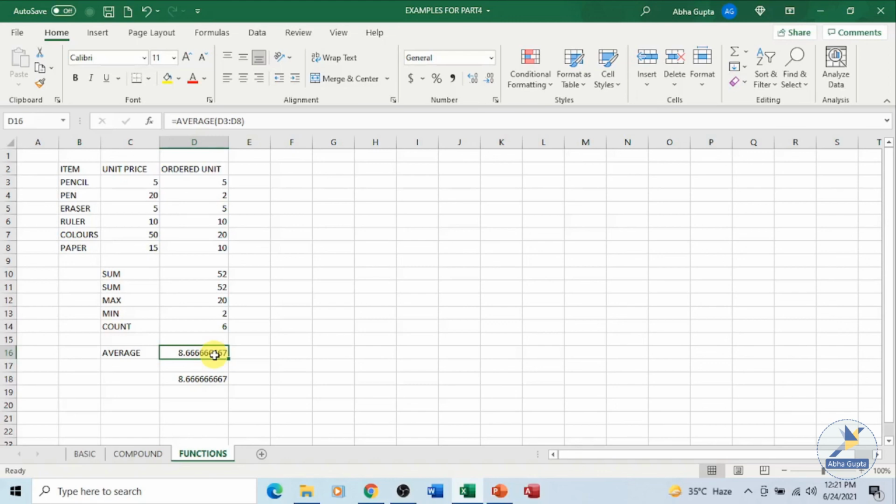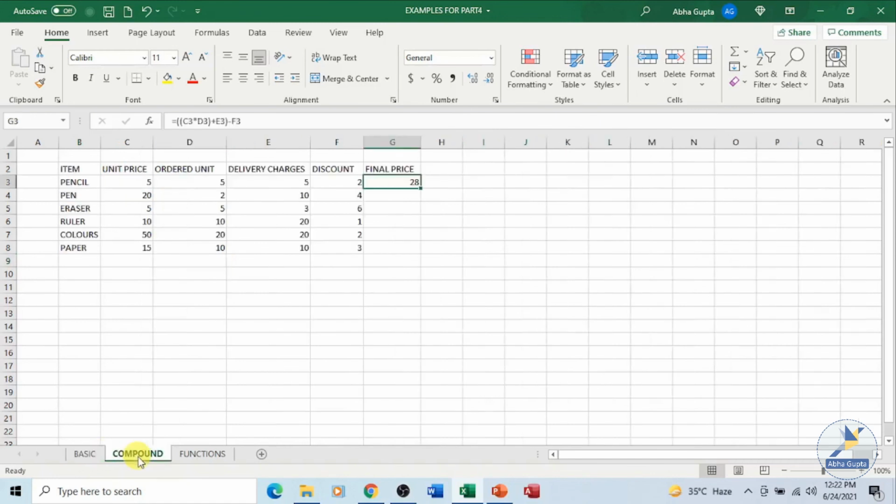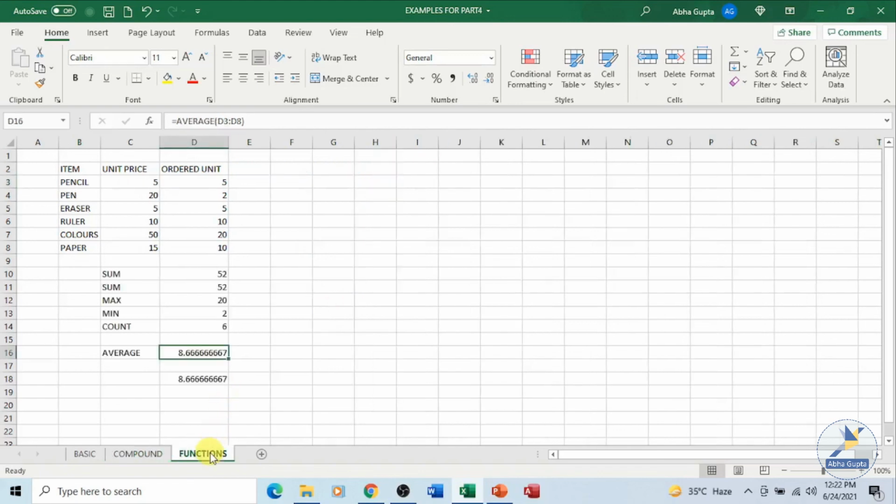So in this part, part 4, we have discussed what formulas are and what basic formulas are. We have taken an example of a basic formula where only one operator is being used. We also talked about compound formulas where more than one operator was being used. I also explained what a cell range is. We made use of a column range in our example.